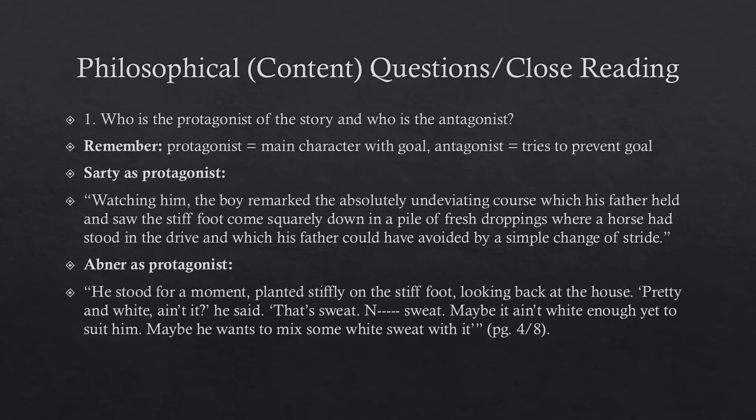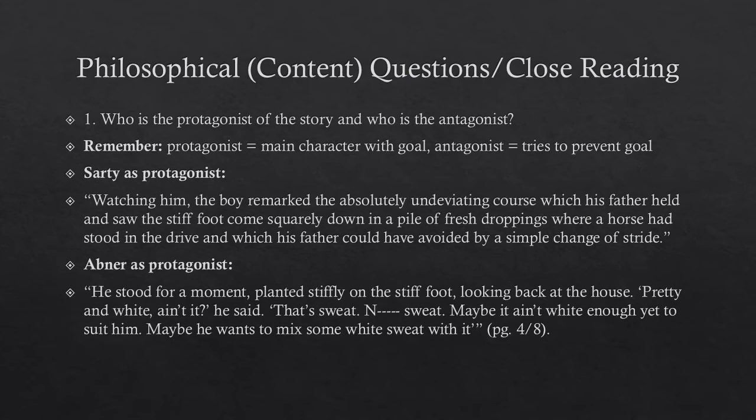So what students and readers, scholars who argue that Abner is the protagonist argue is that Faulkner is taking Abner's character and, metaphorically, keep in mind here, metaphorically, aligning him with the African Americans in the story by placing him in a position of oppression. How does he do this? How does Faulkner do that metaphorically?